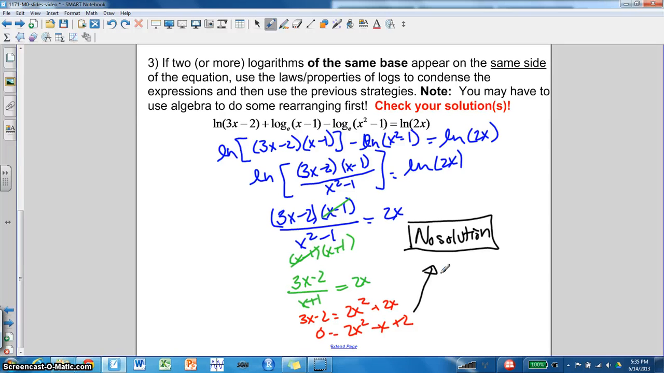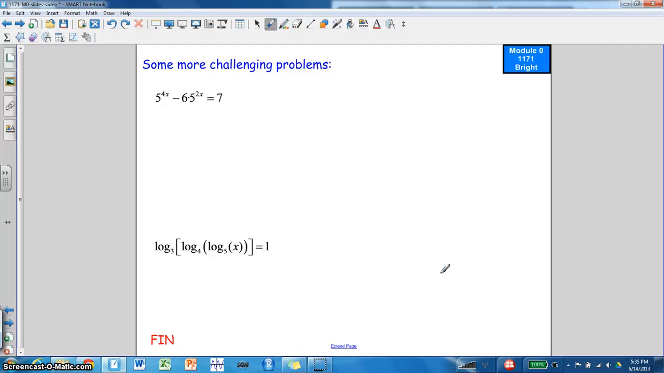Okay, so again, the idea is to use those properties of logarithms and combine and condense the expressions as much as possible. Okay, and now before we exit the exponential and logarithmic equations section, I want to look at a couple more challenging problems. So here, this is an exponential equation. It's not completely clear how to proceed and how to solve this,